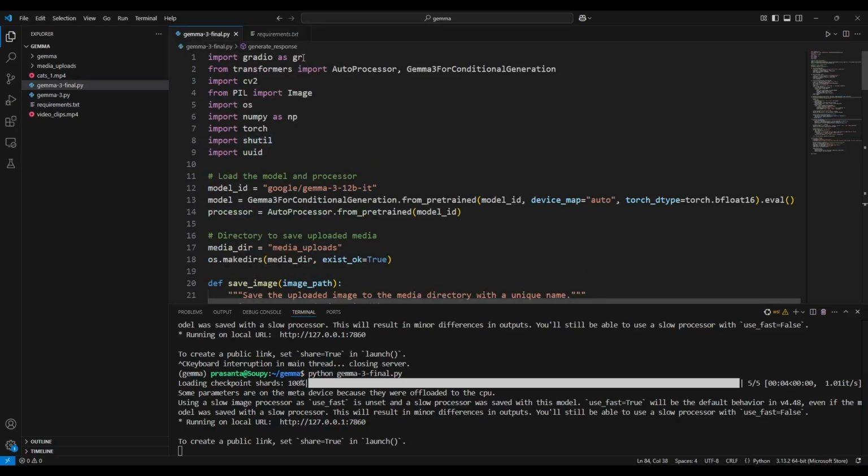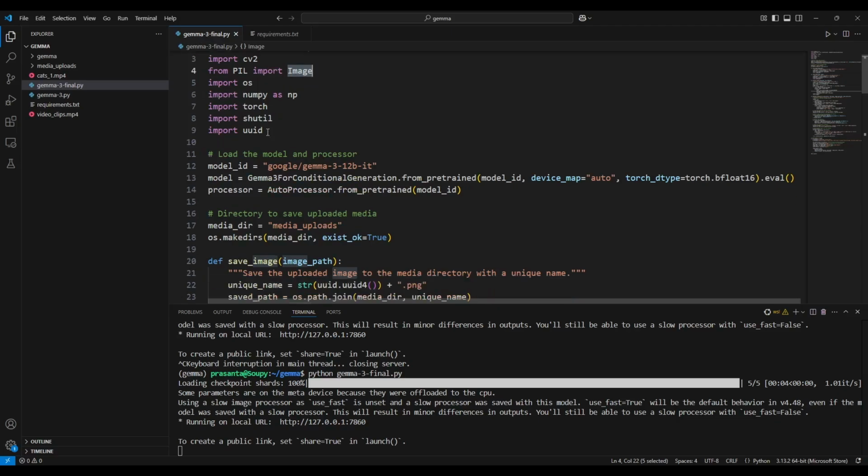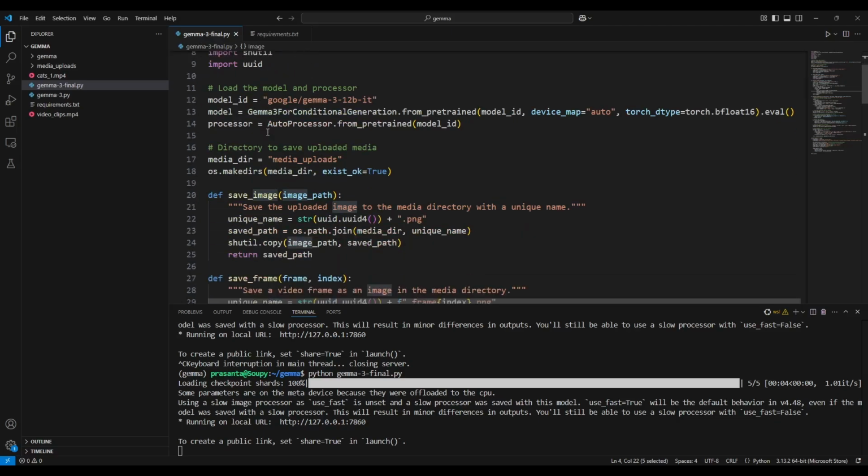So I'm importing Gradio, then transformers. From transformers, I'm importing AutoProcessor and Gemma 3 for conditional generation. Then I'm importing CV2, Image from PIL, then OS, NumPy, Torch, and UUID and things. Then I'm using here the Gemma 3 with 12 billion parameters, and